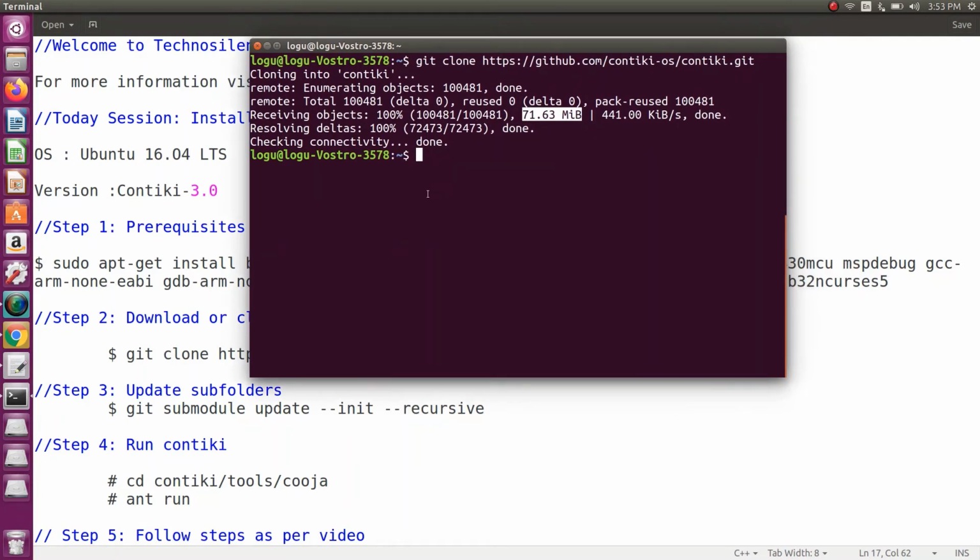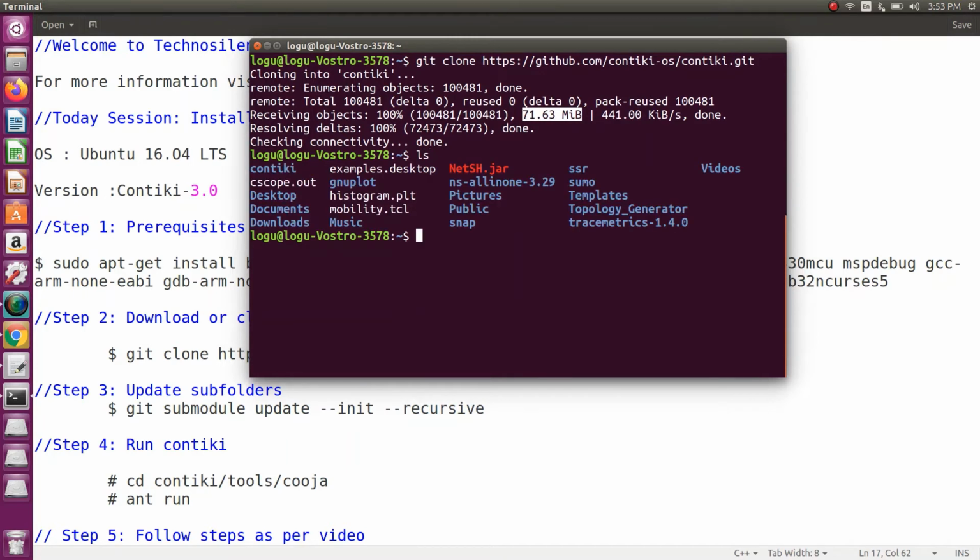So just give the command. Go to Contiki. ls. We have the Contiki folder, so go into Contiki. You need to update each and every folder.